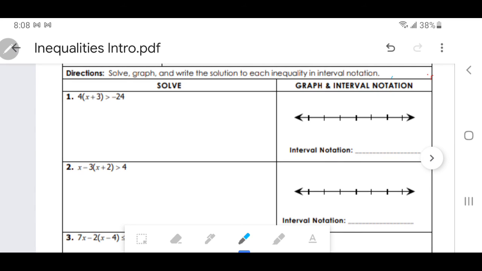Okay, so let's look at how to solve these inequalities. So